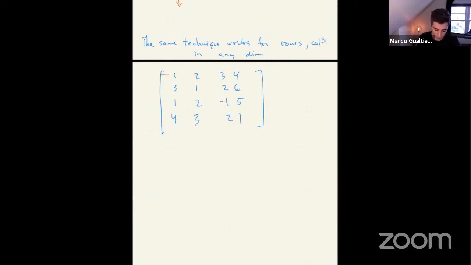So for example, if I wanted to choose this row and do a Laplace expansion, then I would get 1 times the determinant of this 3 by 3 submatrix, minus 2 times